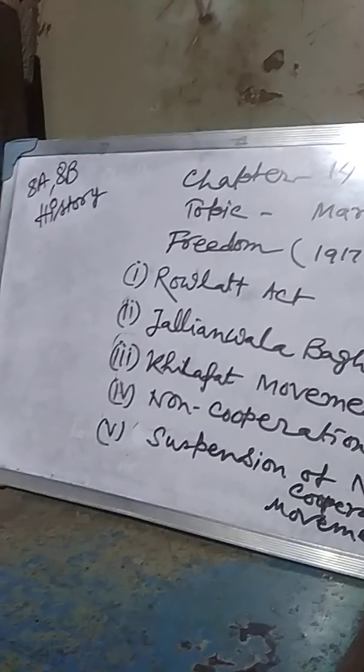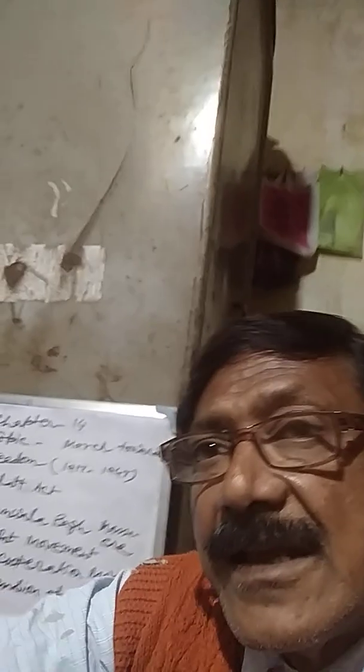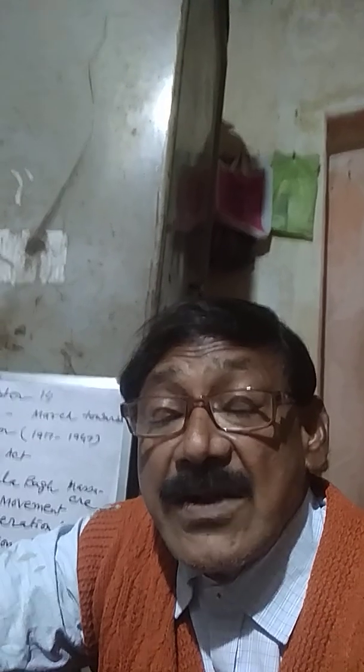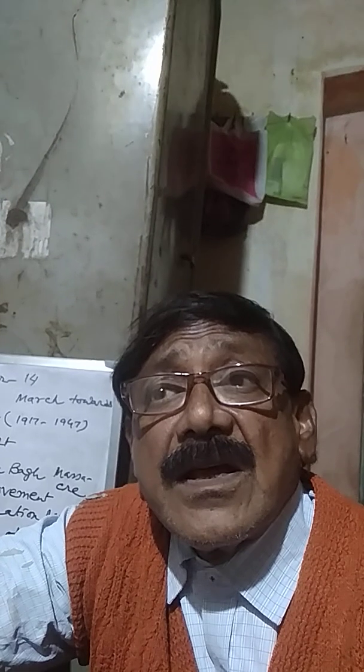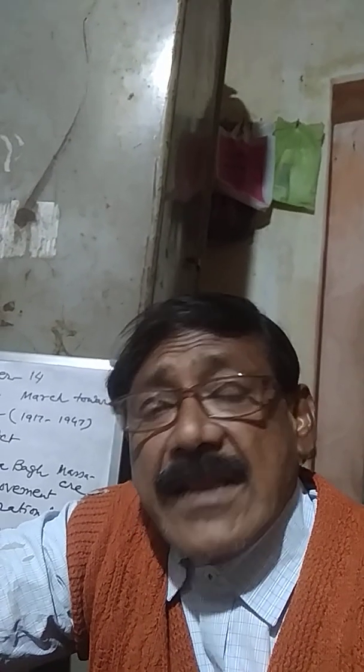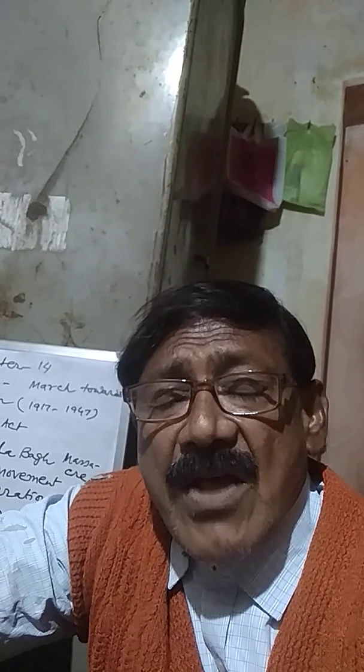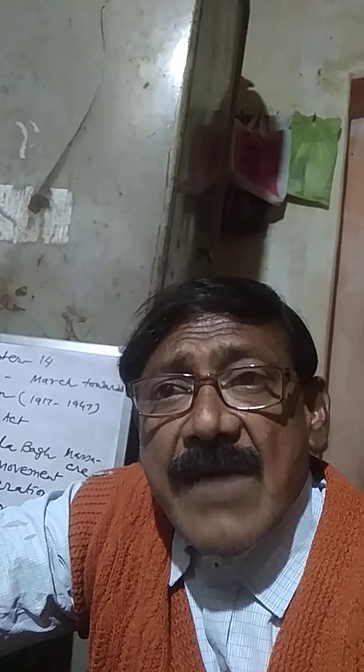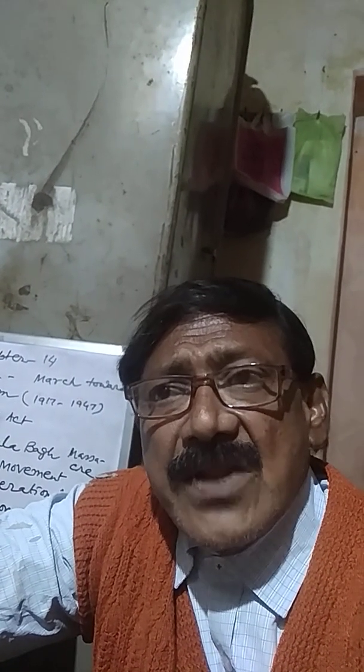First point, Rowlatt Act. What is the Rowlatt Act? The Rowlatt Act was an act passed on the recommendation of Justice Rowlatt in order to imprison any person without trial and conviction in a court of law, in order to crush the activities of the revolutionaries. Under the system of the Rowlatt Act, it was decided that the British government would arrest any Indian revolutionary or Indian